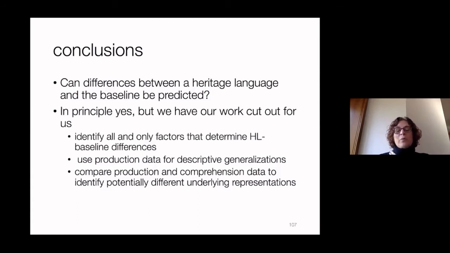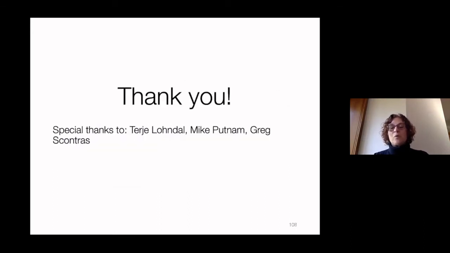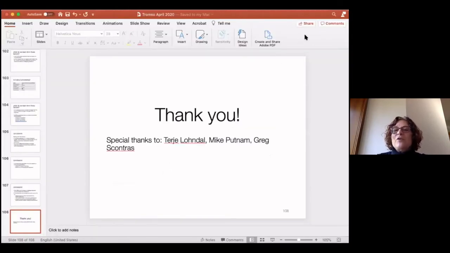We need to use the production data for descriptive generalization, and then using those production data, create comprehension experiments which could potentially identify different underlying representations. And I think this is where the field is now and where we can actually get a lot of interesting work done. So thank you very much, and thank you for this whole,